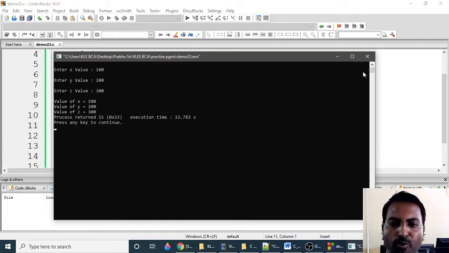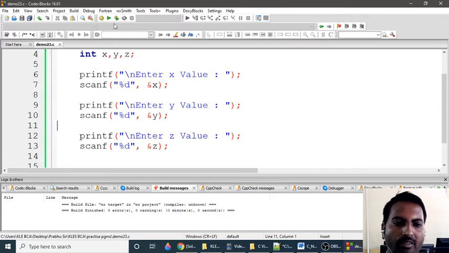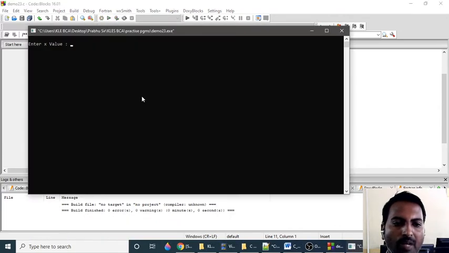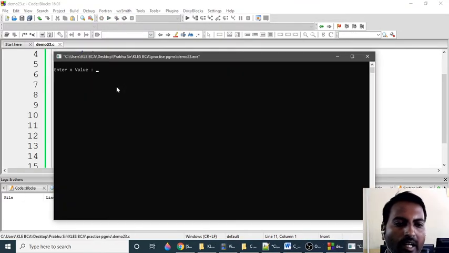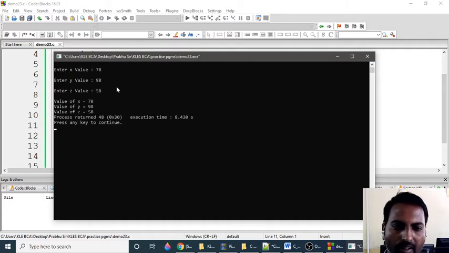So this type of programming is a dynamic program, because if I execute it n number of times, the values of the x, y, z variables will be different. So 15, 25, 35. See now, if I execute again and again, it is going to ask for different values, and the user can provide 78, 98, 58.